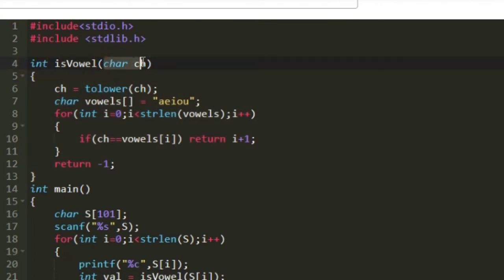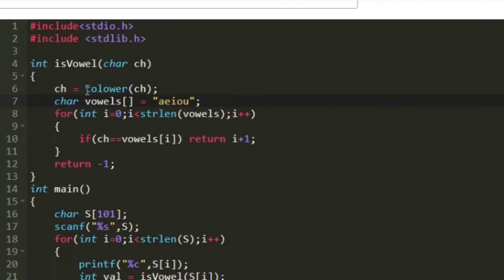In the first line of the function we are converting the character to its lowercase and then in the next line I am creating another new character array named vowels in which I am storing the characters A, E, I, O, U. Here we have included only the lowercase vowels because in the first line itself we have converted the character to its lowercase.